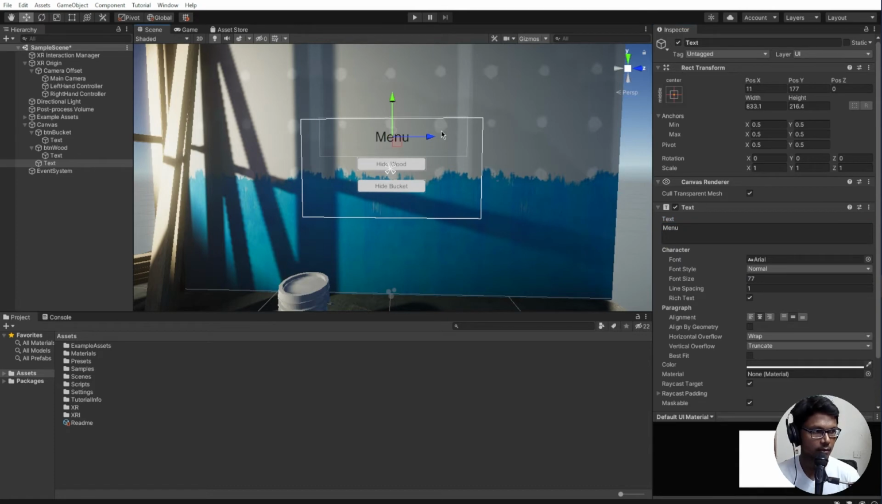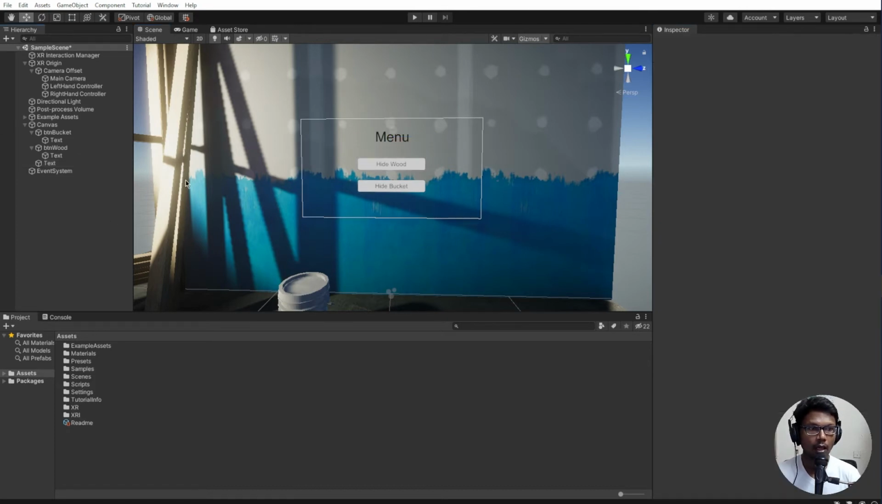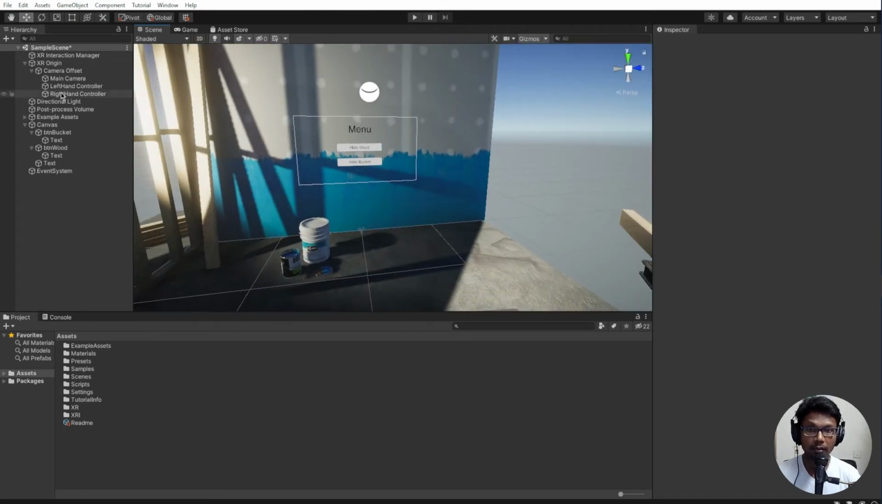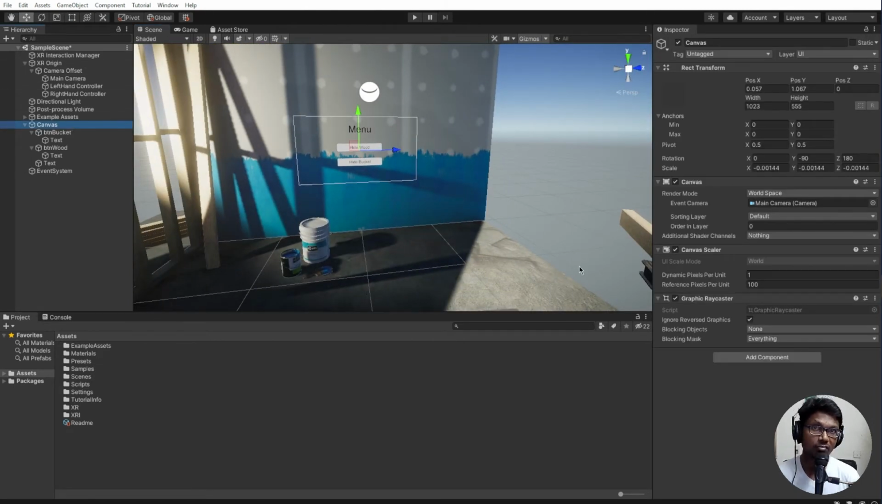I think this is okay to begin with. So we have a menu right here. Now let's go ahead and add something which will make this canvas interactable with the controllers which we have. In order to make this canvas interactable with the controller, we need to add a script. So let's click on Canvas and then click on Add Component, and I'm going to look for the